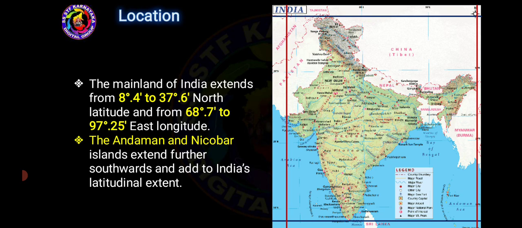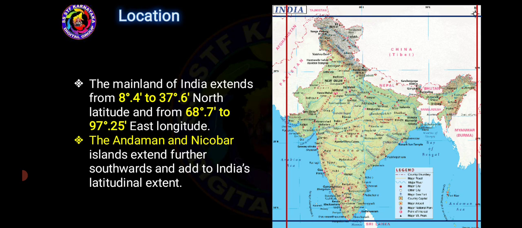For what are they drawn? To know the exact location of a particular place, to know the distance from one place to another, and also to know the direction. Not only that, even to know the timings also. Latitudes and longitudes are imaginary lines. So, which latitude passes through India, we have seen.